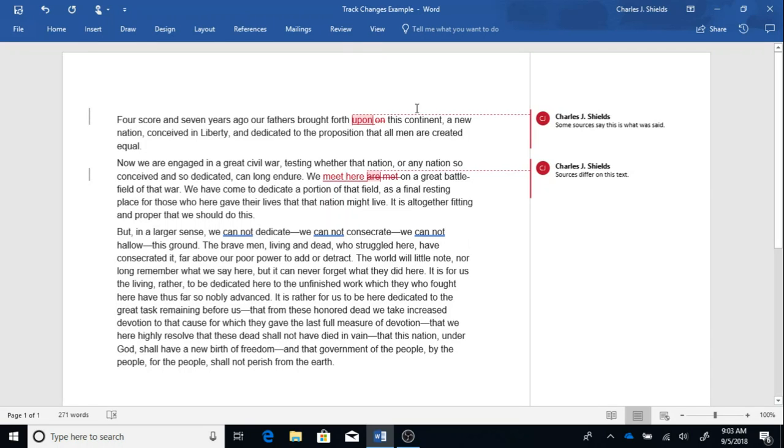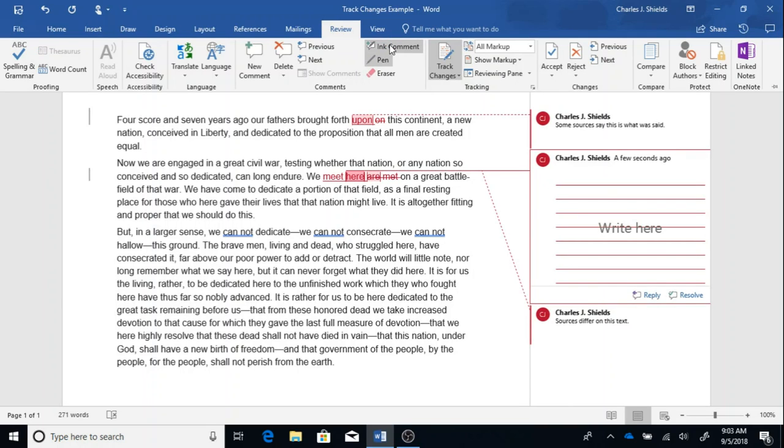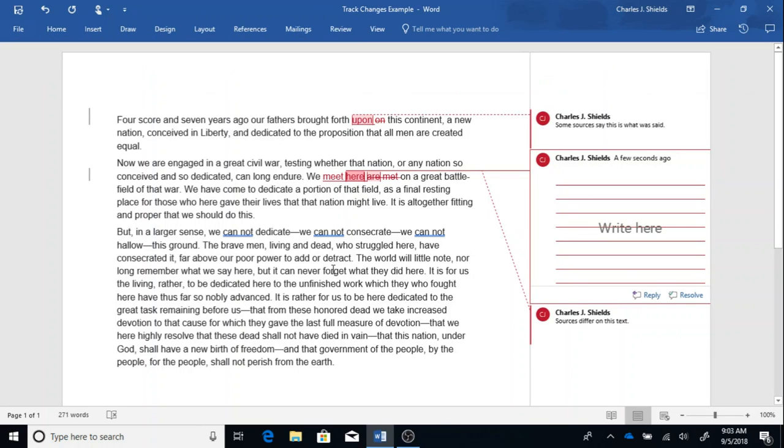I will also point out there is another way to insert a comment. Under the Review option, there is the ink comment, and you can write this with your stylus. I will admit I've had some trouble doing this. It tends to bog the computer down, and I've had to do Control-Alt-Delete to the task manager to get out of that. So I can write my comment there fine, but then when I go back into the document, it sometimes struggles to do that, at least with the Atlas here at Greencastle Community Schools. So I would stick with the typed comments when you are commenting back to someone,